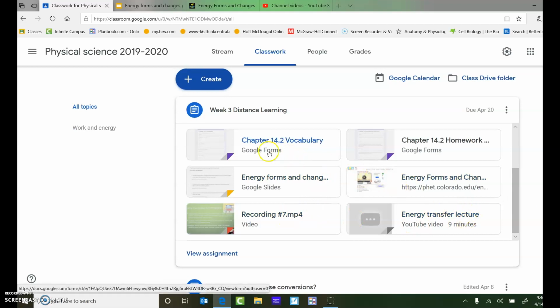It'll say Turned In. If you have completed the vocabulary, the homework, and the Energy Forms and Changes lab, make sure you click everything as